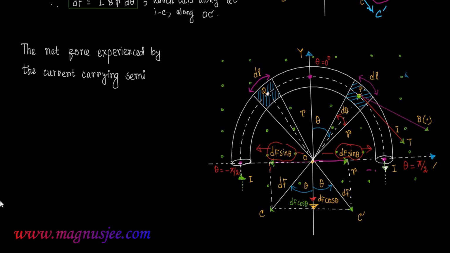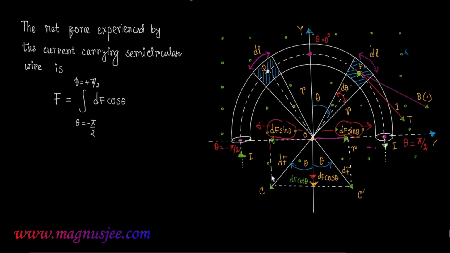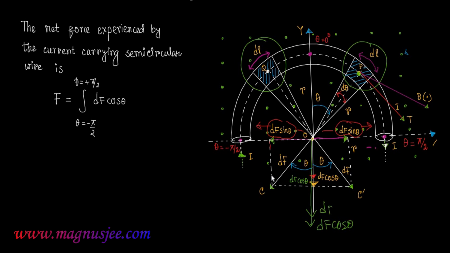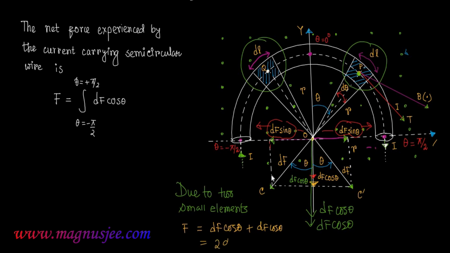the current carrying semicircular wire is given by F equal to integration dF cos theta, where theta starts from minus pi by 2 to plus pi by 2. In the diagram, the two elements of length dl at the points P and Q will experience forces dF cos theta and dF cos theta. That means the two small elements experience the total force F as dF cos theta plus dF cos theta, means total force is 2 dF cos theta, which is experienced by the two small